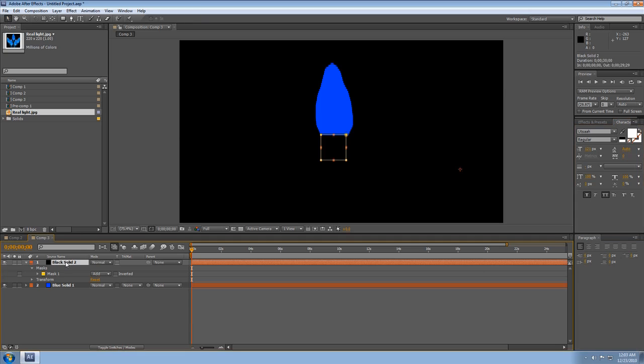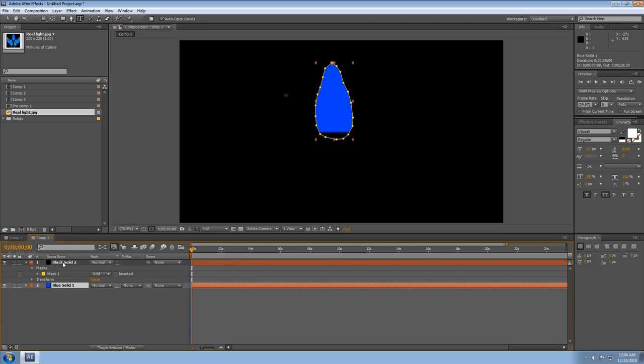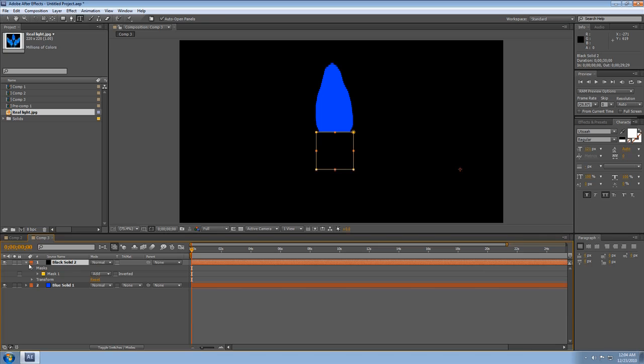You have to make sure your mask layer is selected when you do Control T, or else you're just gonna end up hitting the text tool. That one. Okay. Now that we have that,